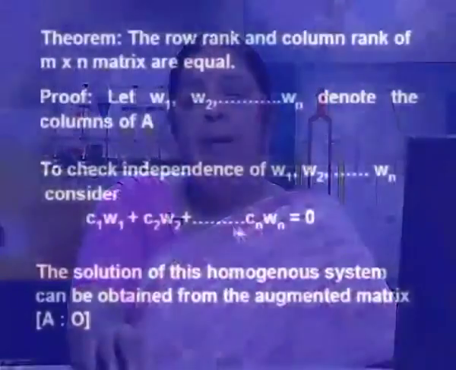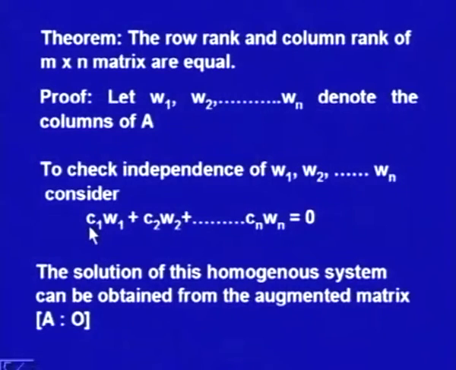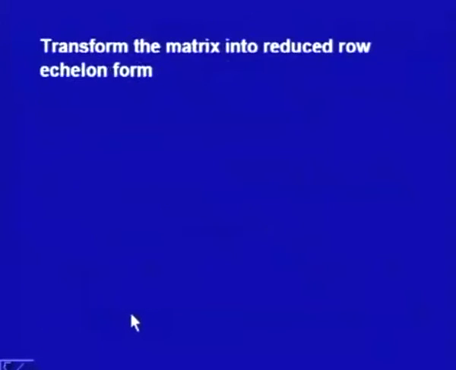So, I will just apply this method to solve this system, because to establish the linear independence of these vectors, I have to find out the constants C1, C2, Cn. If all these constants come out to be 0, then these vectors W1, W2, Wn will be linearly independent, otherwise they will be dependent. So, I have to solve this, and this is the method which I apply. So, let us consider.